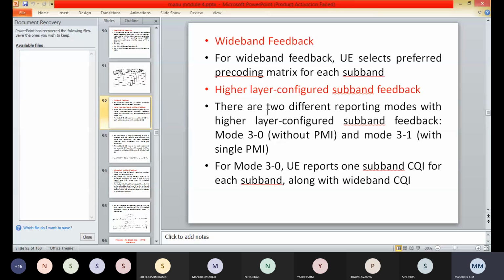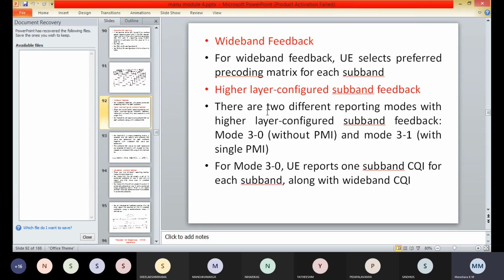Coming to the higher layer configured subband feedback, there are 2 different reporting modes: mode 3-0, that is without PMI, and mode 3-1 with a single PMI.